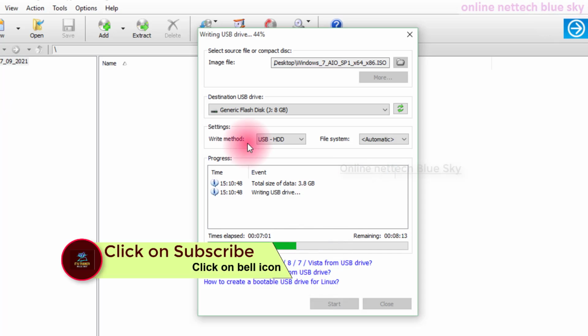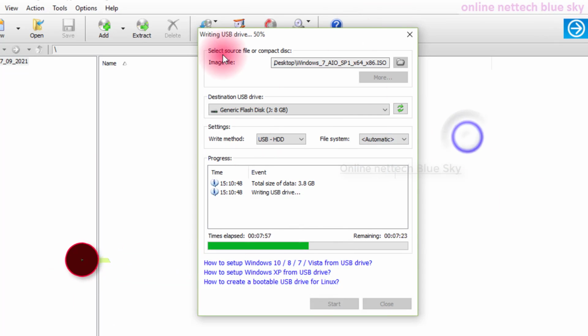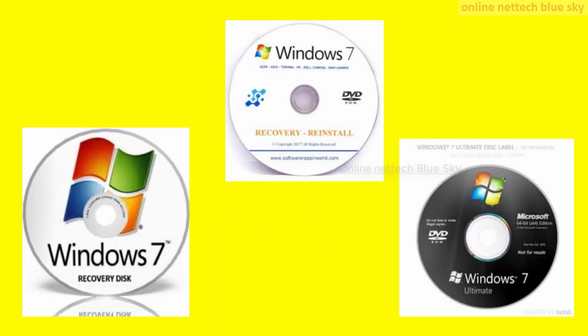The third is how to start your bootable pen drive for your computer. I completely showed everything in my first, second and third videos. Follow me step by step.